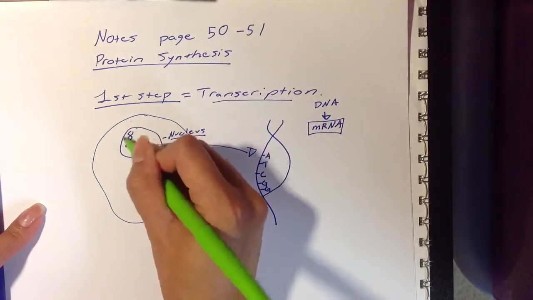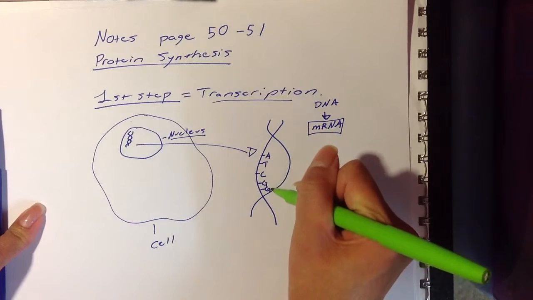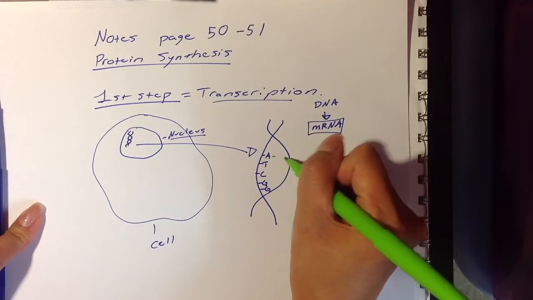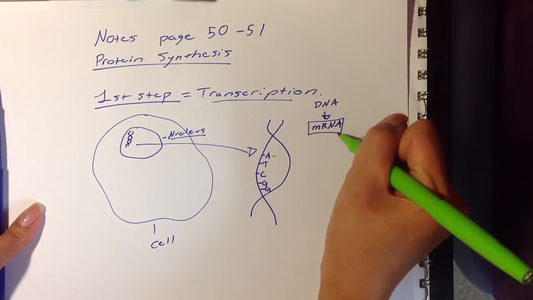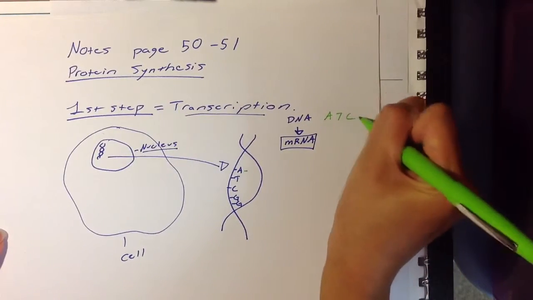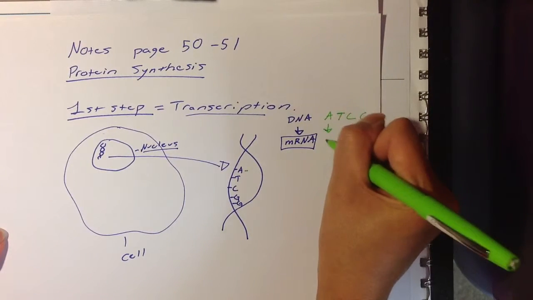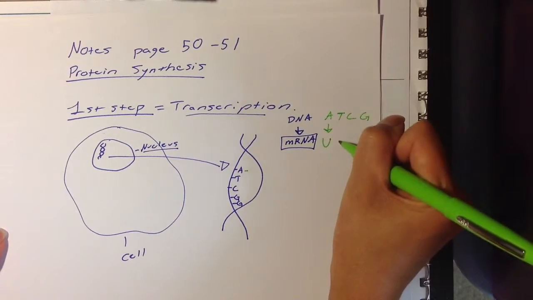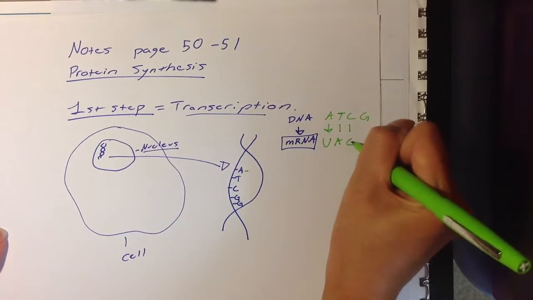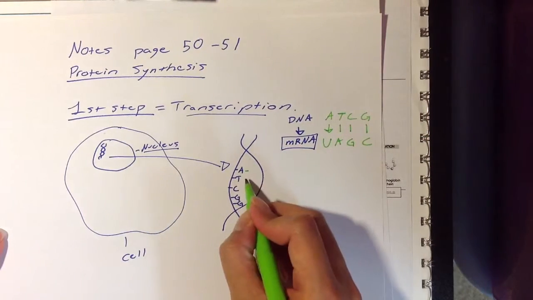So if the DNA was inside of the nucleus, the DNA would first open up, reveal the base pairs on one side, and then I would have a strand of mRNA that would pair with this. DNA to mRNA would code ATCG, were DNA nitrogen bases, and in mRNA I would make U, uracil instead of thymine, T would pair with A, C would pair with G, and G would pair with C. And so the code I would have would be, and hopefully you guys can be